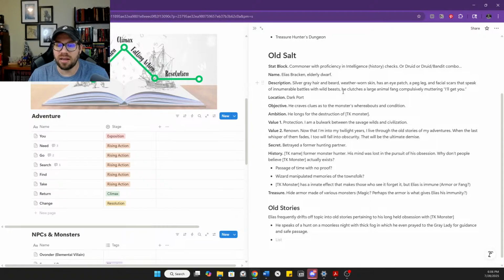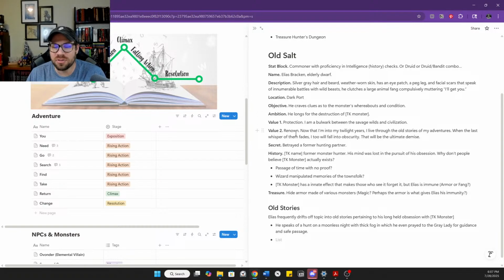We have come up with the idea that he was a monster hunter previously, and that he's located in Darkport. He craves clues about this monster's whereabouts and its condition. His ambition is the destruction of this creature, which we are now going to have to create because we got super creative with it, and nothing now will fit the stat block for us to just reskin.